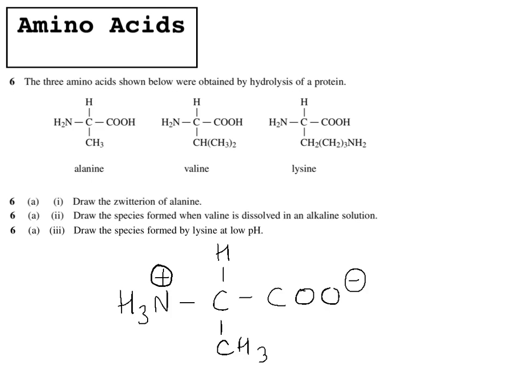Then it says, draw the species formed when valine is dissolved in an alkaline solution. Now remember, alkaline solution has extra OH minus in there, which will remove this H from the carboxylic acid group of valine. So to answer that question,